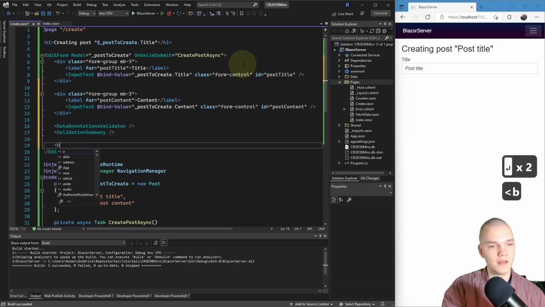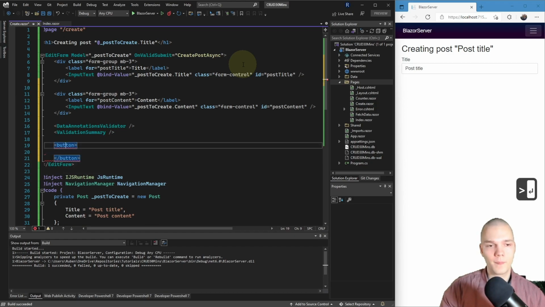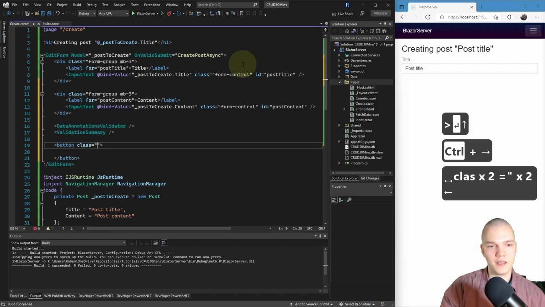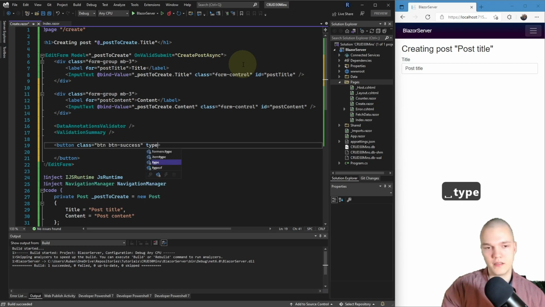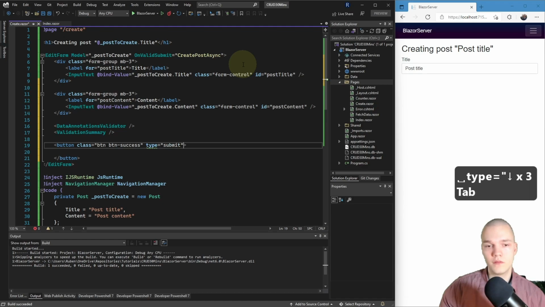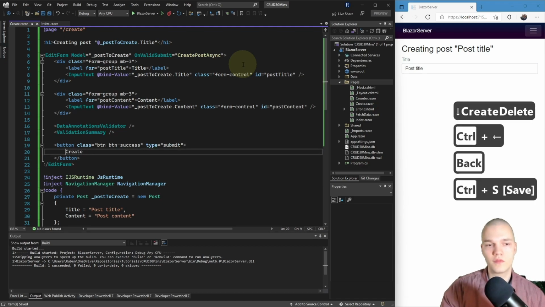All right, and then for the submit and cancel buttons, I'll add a button and give it a class of btn success and make it of type submit, and I'm gonna give it a text of create.